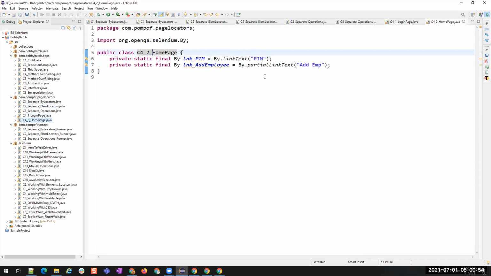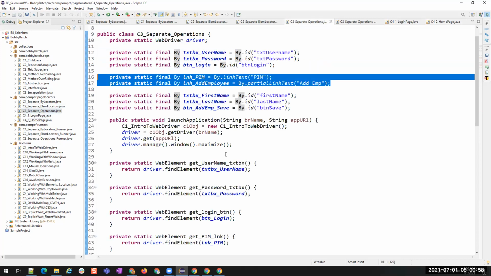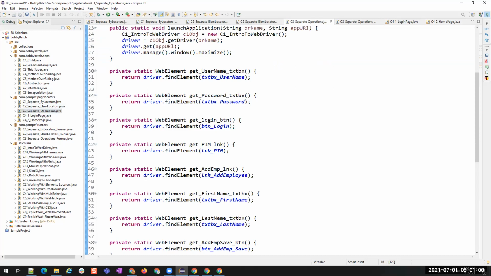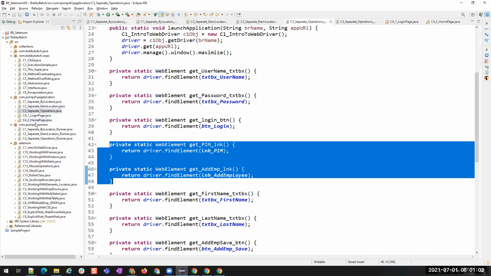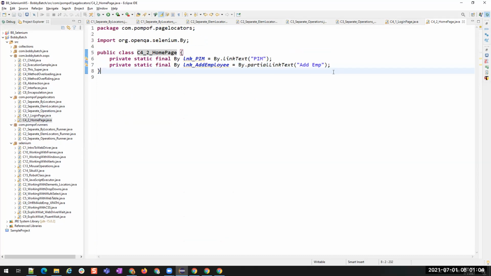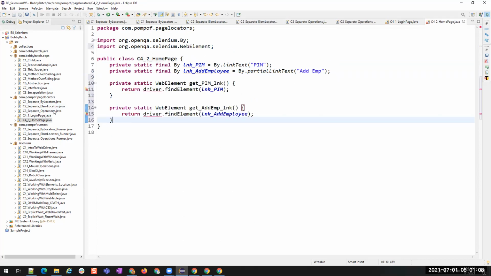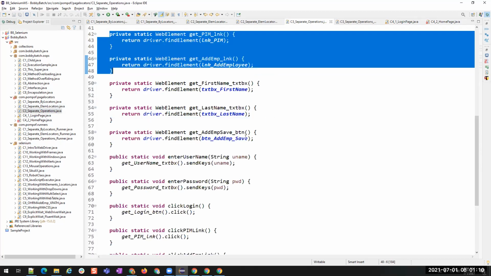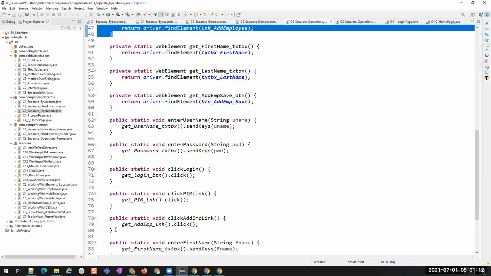Now, okay, I have this. Where are my methods related to this? Get PIM, add employee PIM. Copy those methods here, and then operations also: click PIM and click add employee PIM.